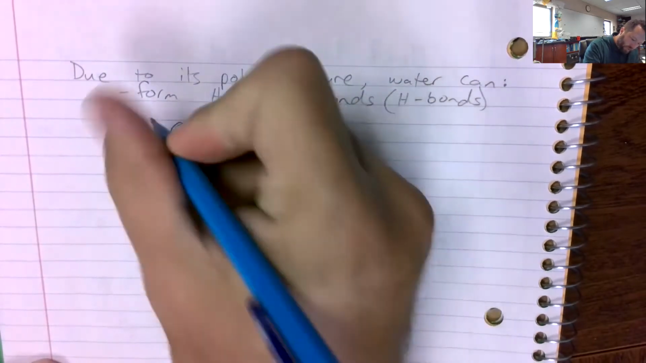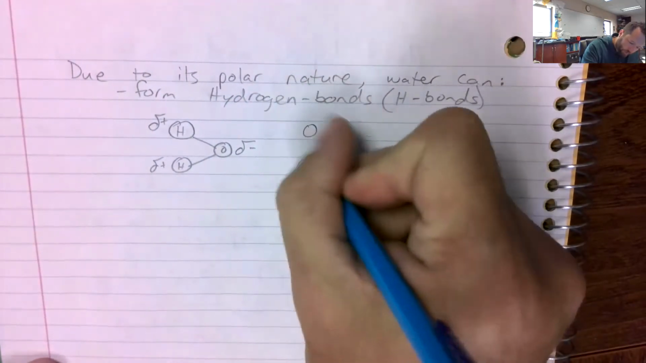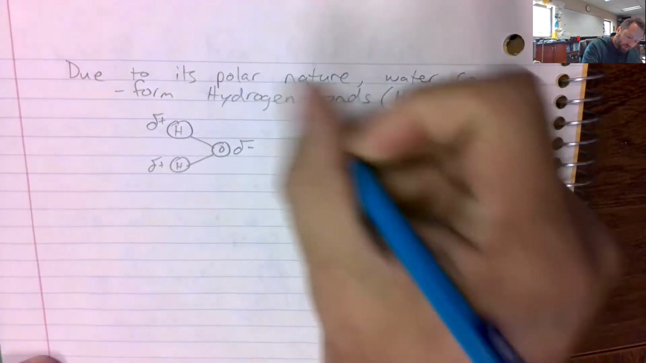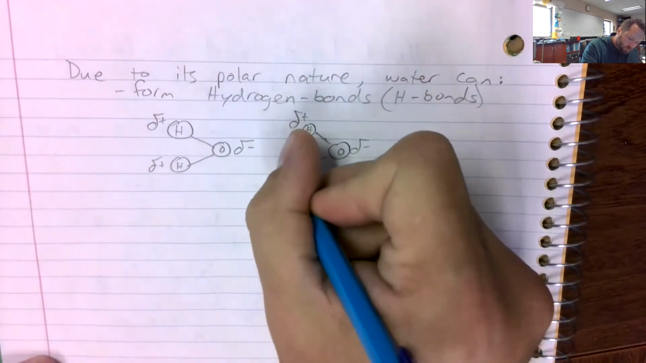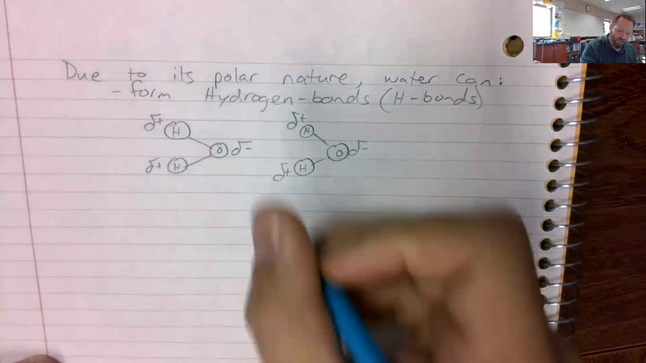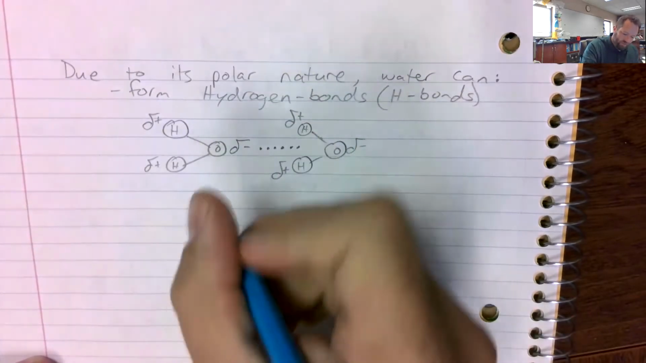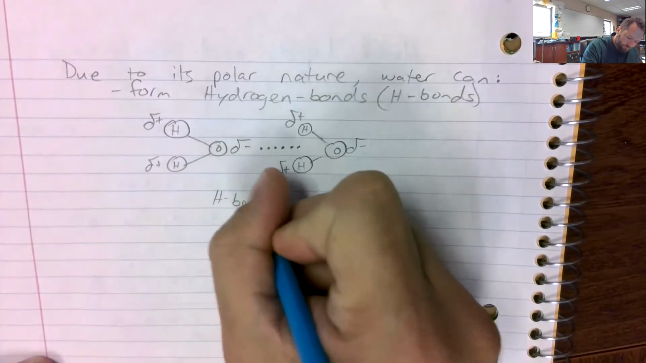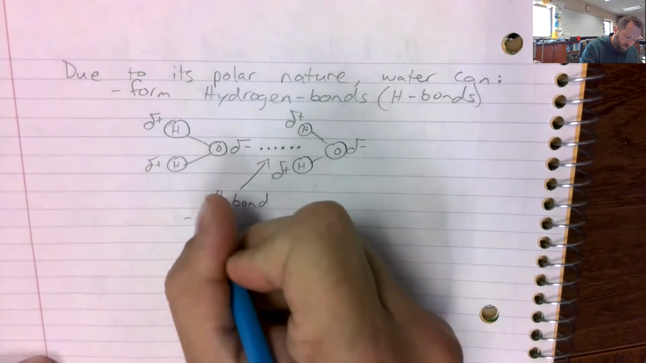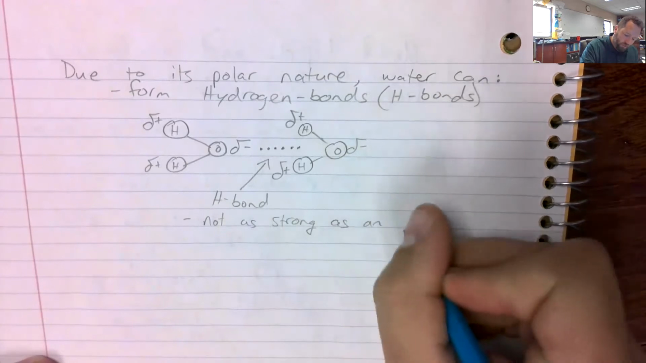So what those look like. We have our water molecule, and say we have another water molecule right here, and it's also got that delta positive and delta negative. Well, opposites attract. So just like with the ionic bond, this negative side is going to be attracted to the positive side. And that right there is our H bond. Kind of important to note, it is not as strong as an ionic bond,